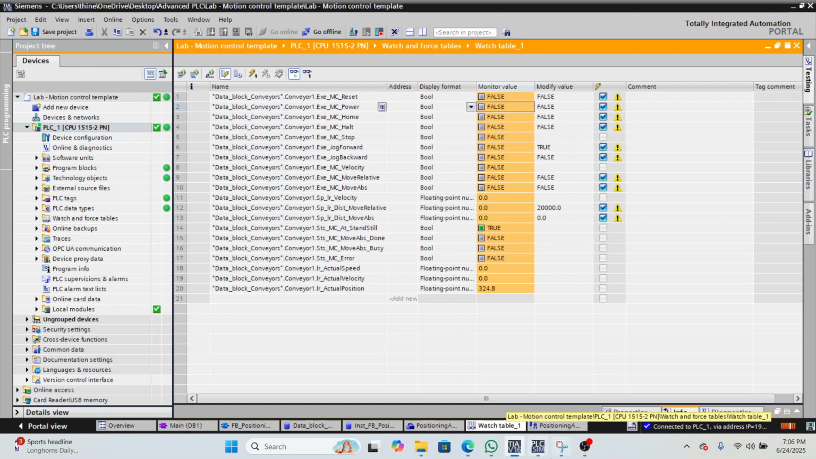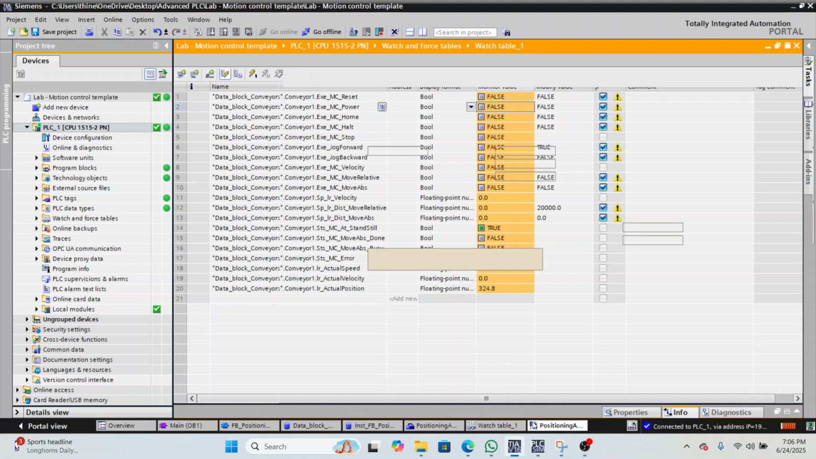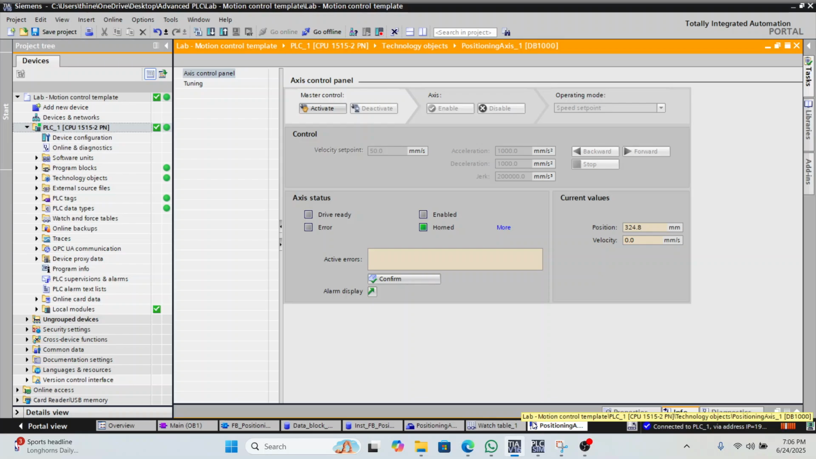The axis control panel allows us to manually control the axis during testing. We can set the velocity, acceleration, deceleration, as well as control the direction of the motion. It displays the axis status, meaning whether the axis is ready, enabled, or experiencing any error. So, for example, if I click activate in the master control,